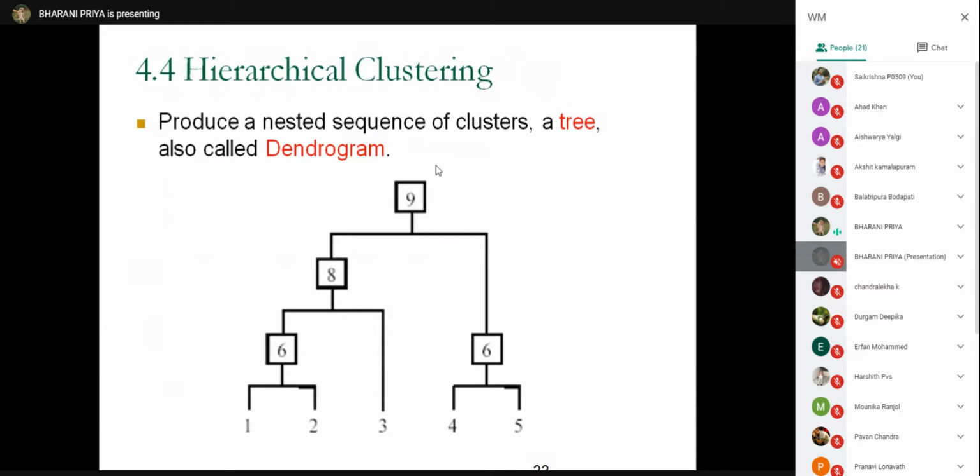So here you need some stopping criteria. Your algorithm or the user should know where to stop, because you cannot allow all the subsets to be merged. You need some criteria. And in most of the cases, you make the algorithm decide where to stop instead of the user deciding the criteria.